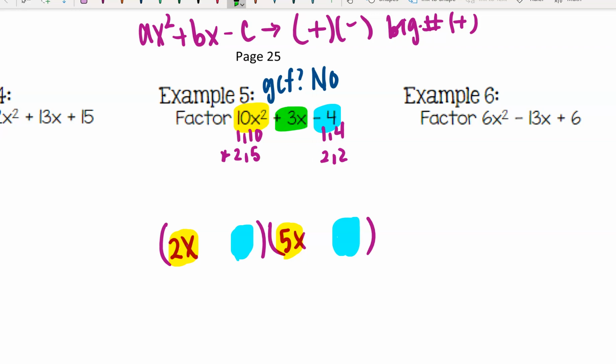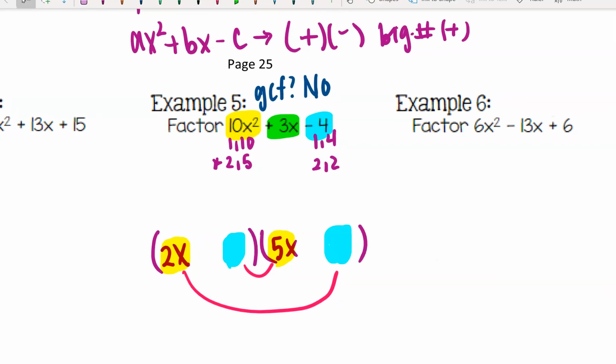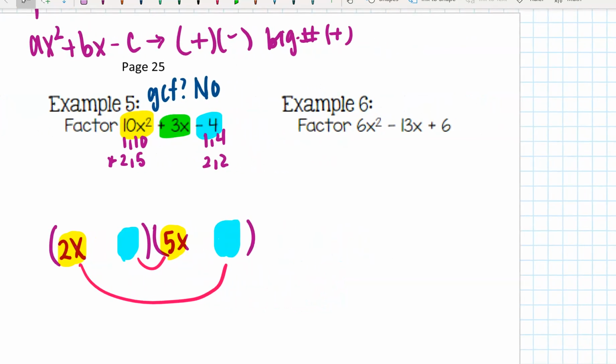Okay, so my bigger number, when I multiply my middle term, so when I create my little inner and outer, or my nose and smiley face, I need to make sure that when they add together at the end, when you combine like terms, my bigger number is positive to get a positive answer. So what this also means,